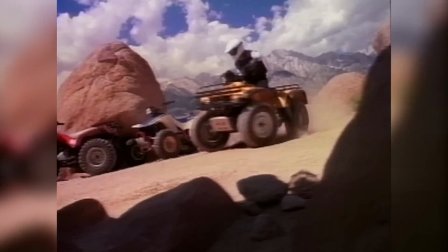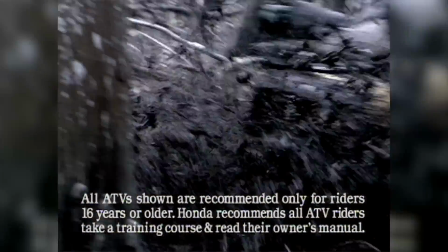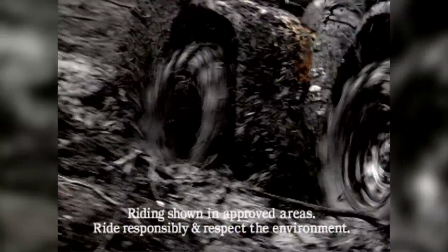Its early design was far more than just a new name. It was a mantra to work harder, featuring front and rear racks and an 850-pound towing capacity, totally unheard of in 1987, and still admirable to this day. While most 80s ATVs can now be found in scrap heaps, you'll find early year Foremans still working the fields, roaming the trails, and continuing to work hard decades after they were produced, a true testament to Honda's legendary durability